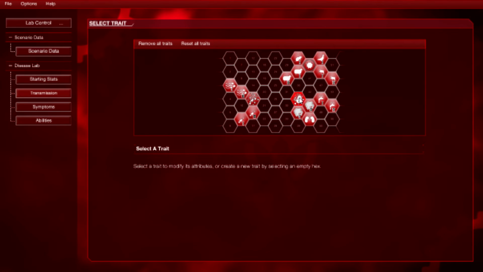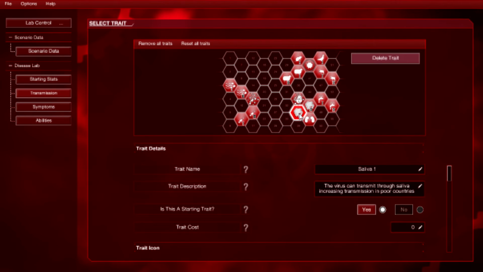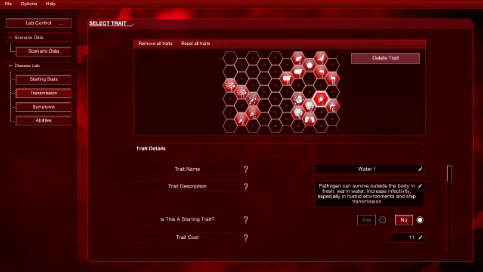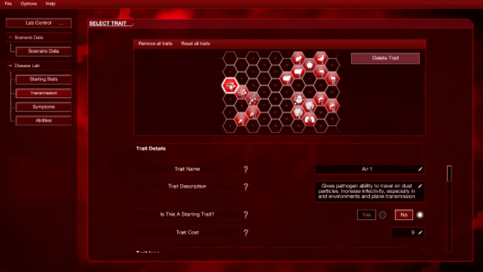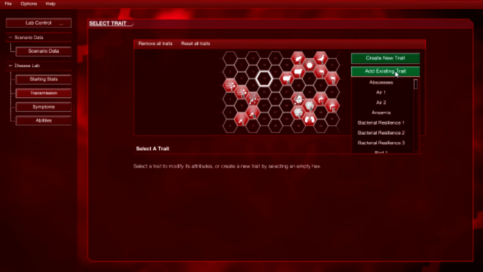Alright, we're back. I did interrupt the recording for a little bit because you would not believe just how long it took me to put all these traits in, because apparently it does have some of the generic traits, like water 1 and water 2 and air 1 and air 2, and basically I did not need to create new traits because they already existed in previous plagues. But for whatever reason, the traits from plagues like the Necroa virus or the other less known viruses, or I guess maybe also the Neurax worm, weren't really available, so I had to